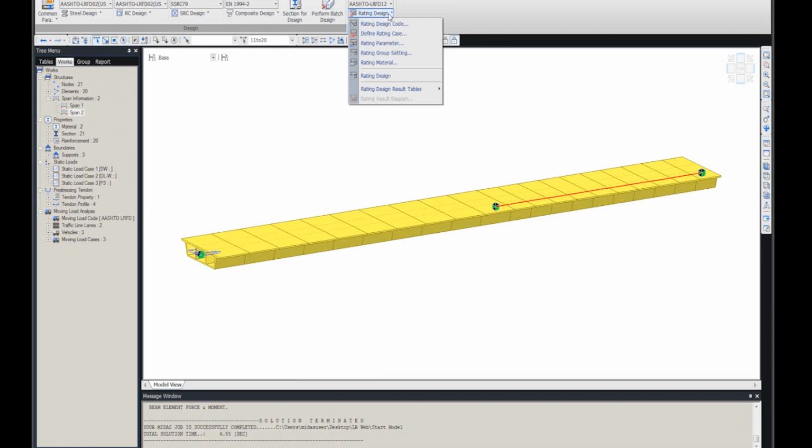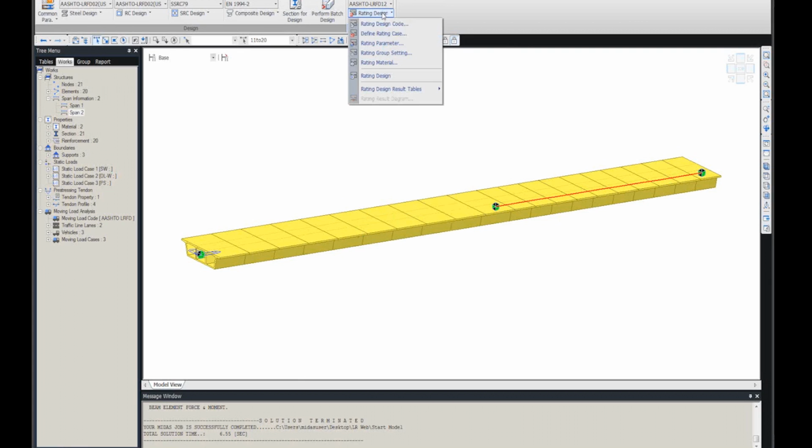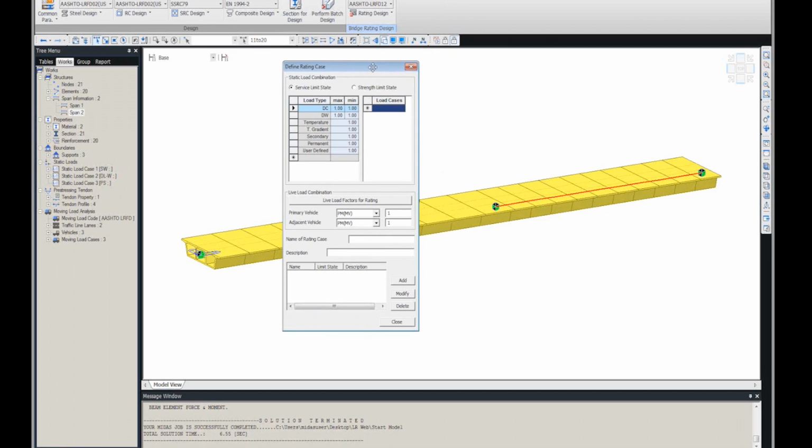Now, here on the load rating, we need to define the code, which we already selected, AASHTO LRFD 2012, and then define the rating cases. Here's what we can define based on the code requirement. For the dead load, we have to select the self weight, and then we're giving the maximum. Okay, we go with the strength limit first, and I define